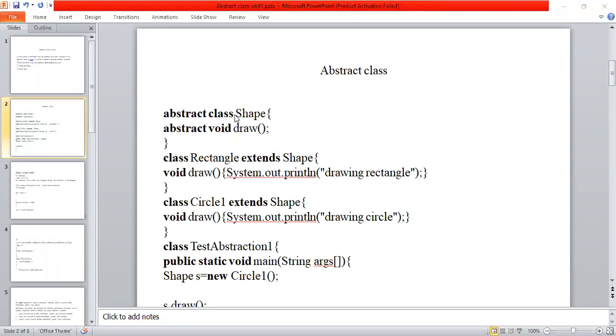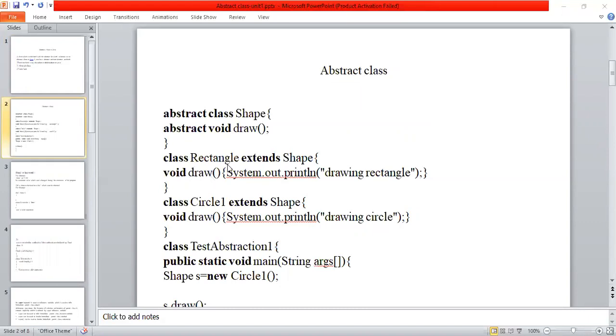Abstract class Shape begins with abstract void draw. So here I have a method called draw method, and this method doesn't contain any body. Class Rectangle extends the Shape class, with void draw.